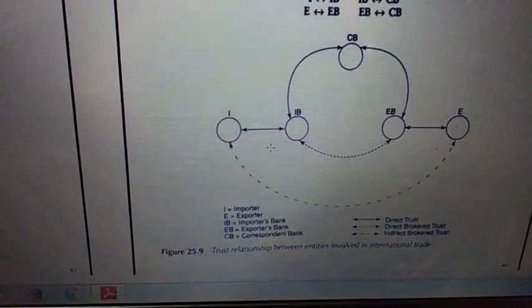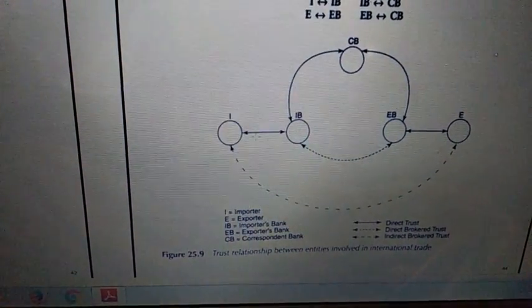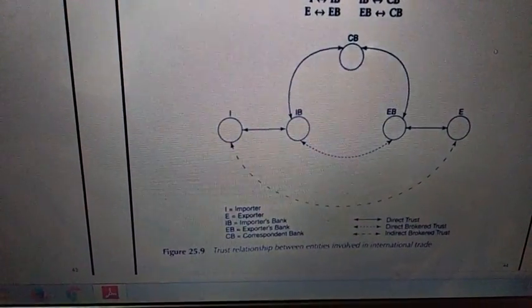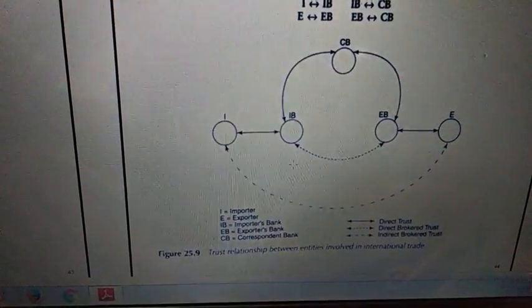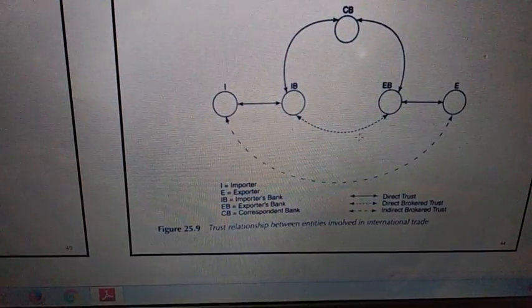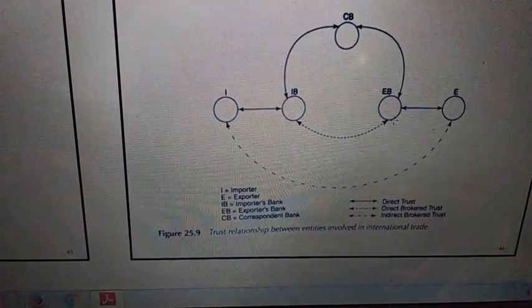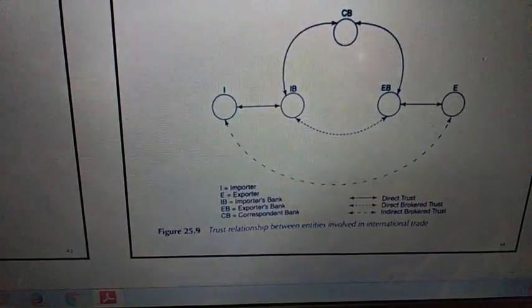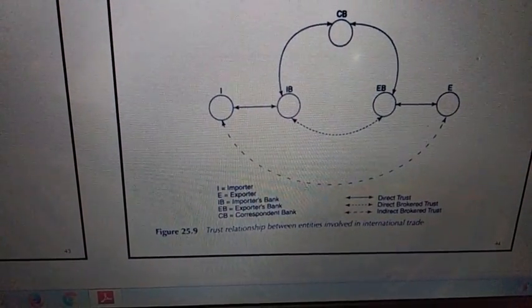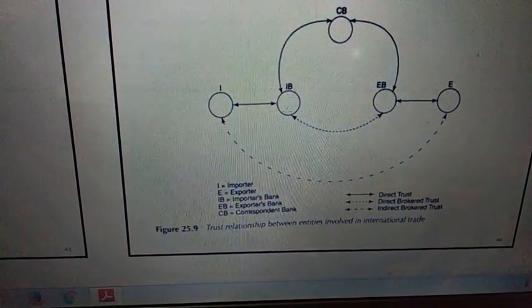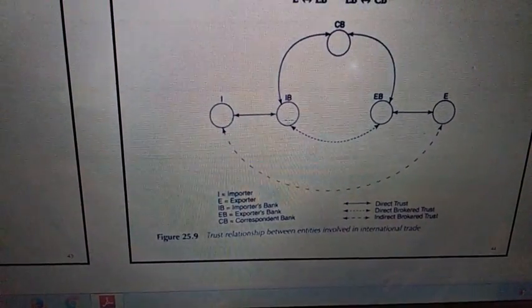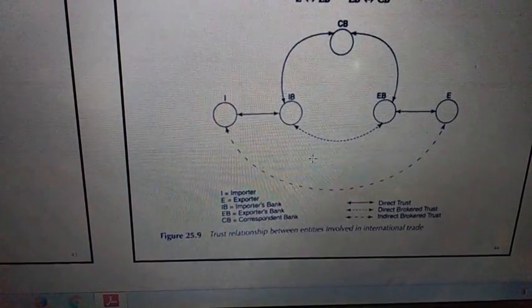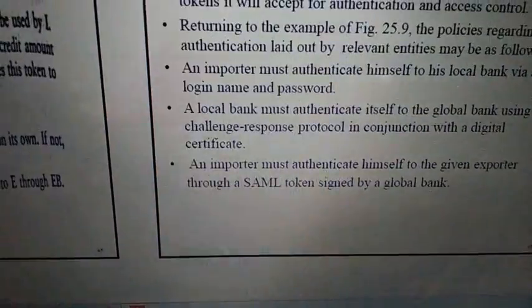What it says is they may directly communicate, that is a trust relationship to exchange the messages in the web, right? Or it may be with a direct broker, and the dashed line says it is an indirect broker trust, right? So the importer may communicate through the importer bank to the correspondent bank and then to the exporter, right? That is WS Trust.